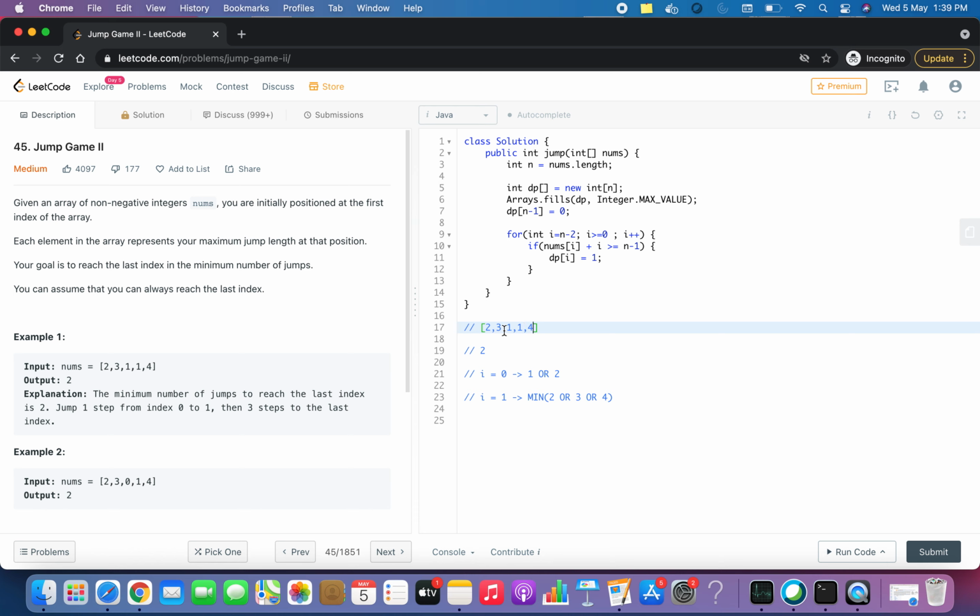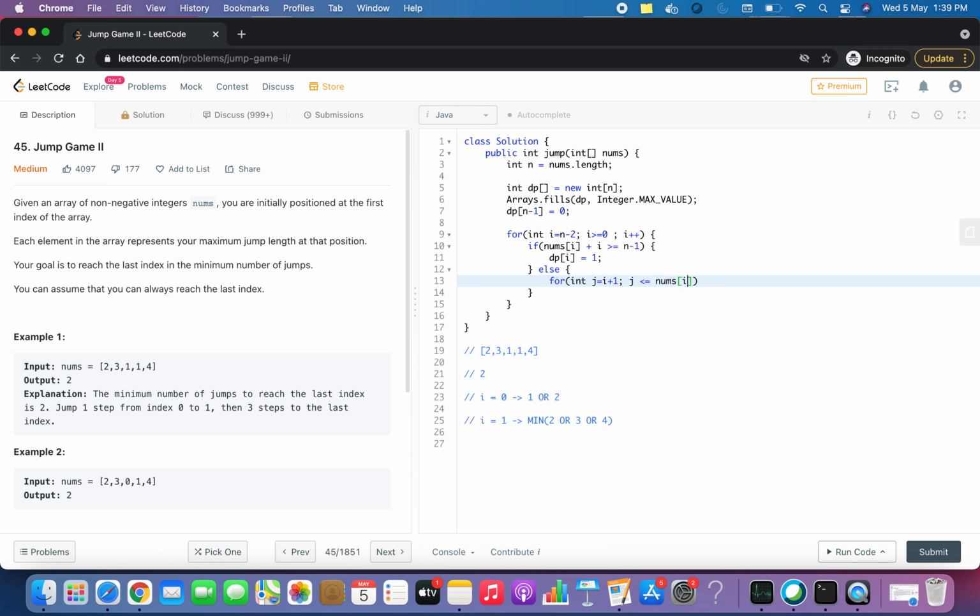So we can say that if nums of i plus i is greater than or equal to n minus 1, that means we are able to reach the last index with only one jump. Otherwise, we will take a for loop with j starting from i plus 1, because we are assuming that we have calculated the results for i plus 1, and it will go till j is less than or equal to nums of i plus i.